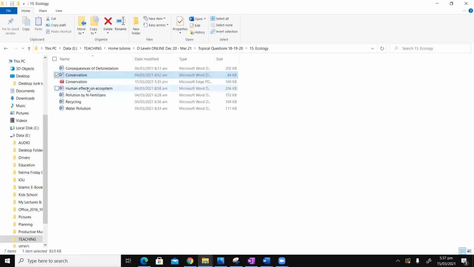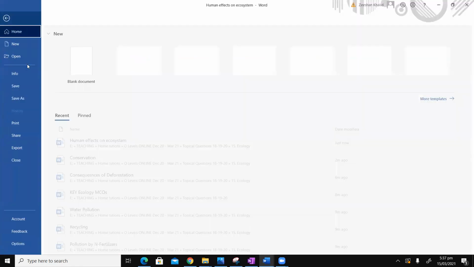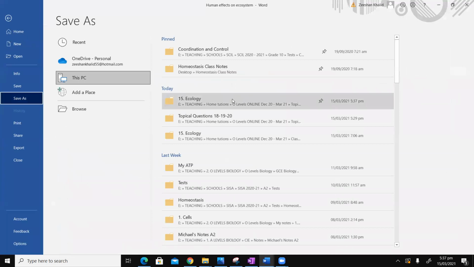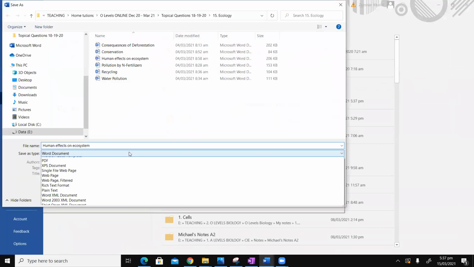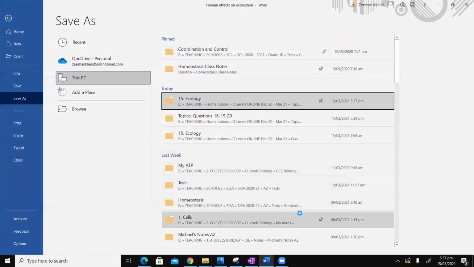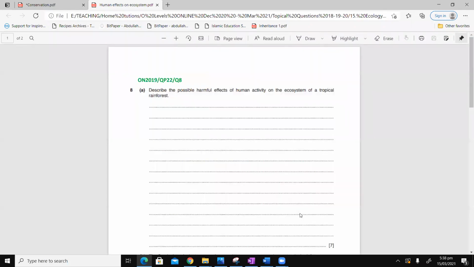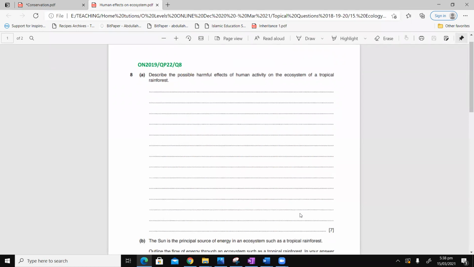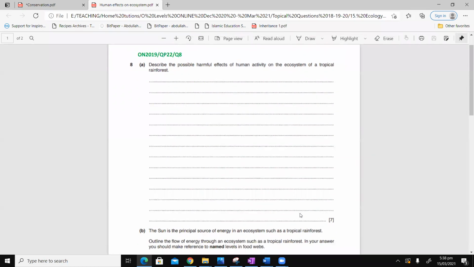All right. The next thing is, another question, and you will be surprised when you look at the syllabus points, the questions they have asked are exactly the syllabus points, and these are from the recent papers. This is October-November 2019. It's a 7-marker question. It says, describe the possible harmful effects of human activity on the ecosystem of a tropical